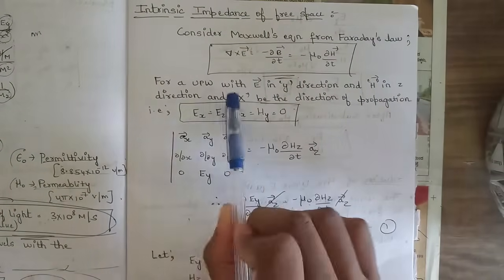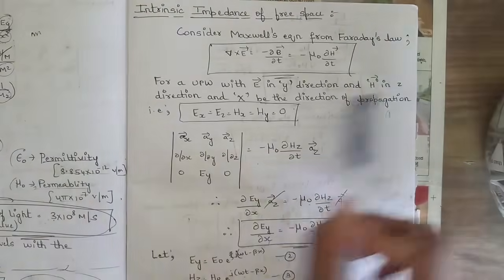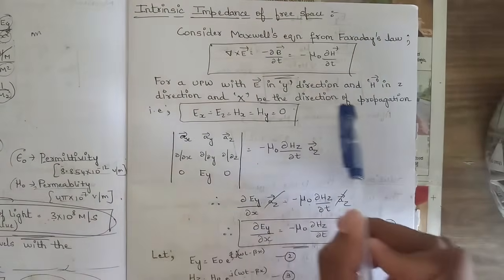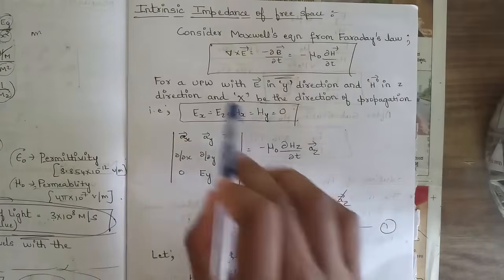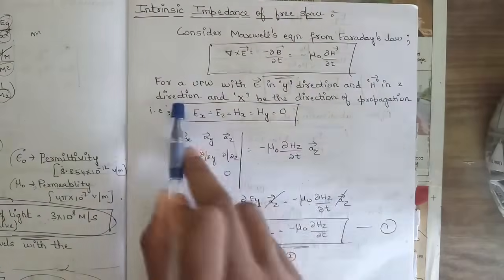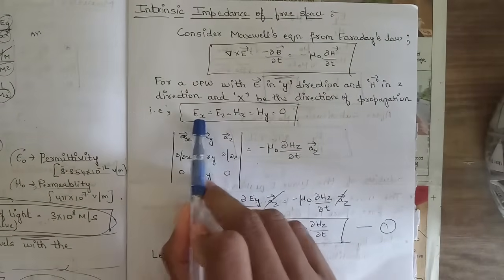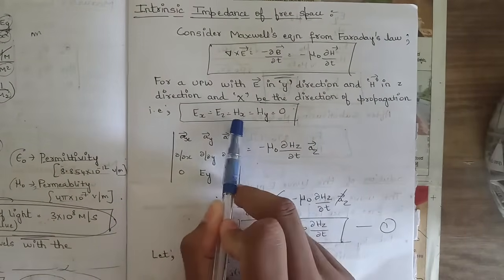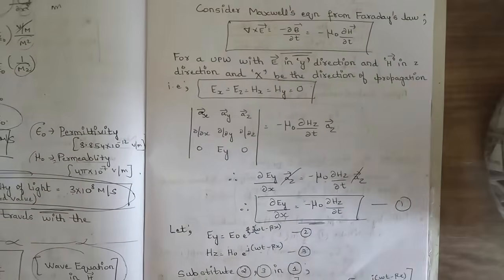So now for a uniform plane wave with the electric field E in y direction and H in z direction, and let x be the direction of propagation, which we have taken while defining our uniform plane wave. So what we can conclude is Ex is equal to Ez is equal to Hx is equal to Hy is equal to 0, right? We have already discussed that. So now what we can do is